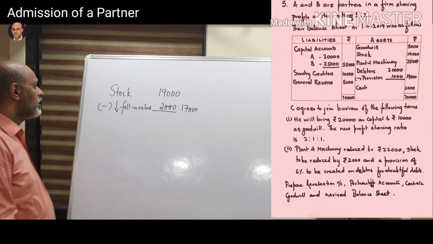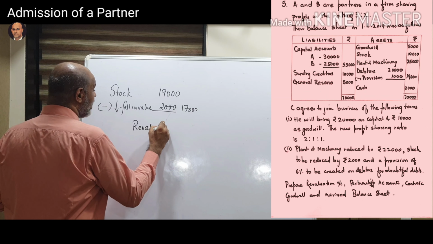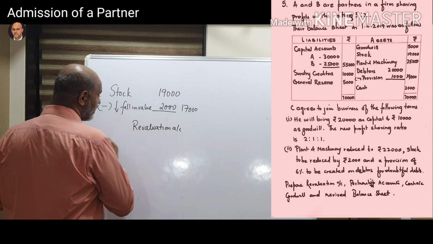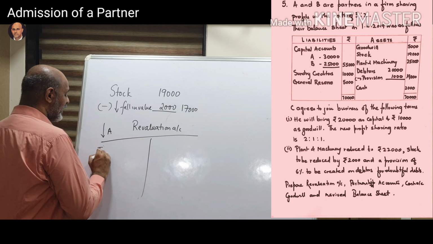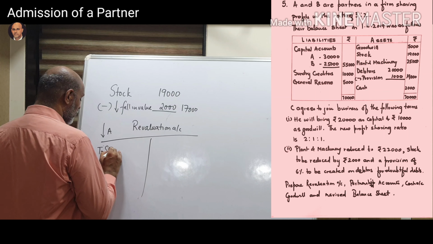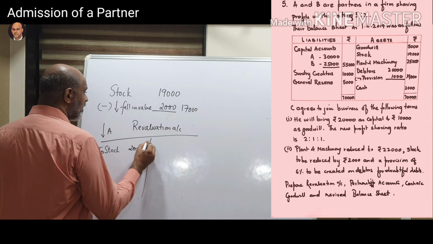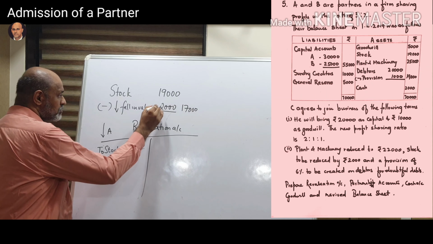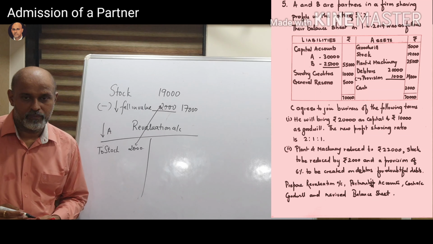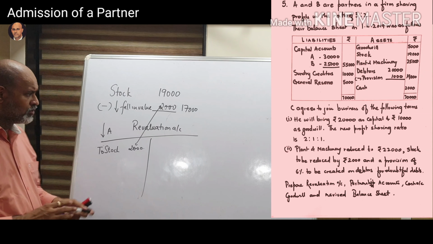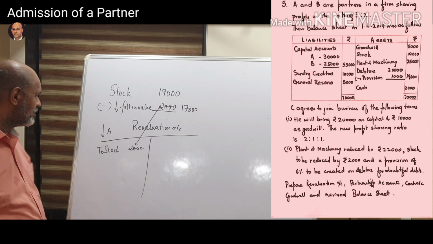आप क्या करोगे, रिवैल्यूएशन अकाउंट में आप चले जाओगे. रिवैल्यूएशन अकाउंट, it is a loss for us. Why it is a loss for us? It is a loss for us since the value of the asset is falling down. So you write it as To stock 2,000. Okay, the same value which you have minus you are going to put. So the two effects are given in your sum. Okay, fine. So this is your adjustment for stock. Let us see the other adjustments.